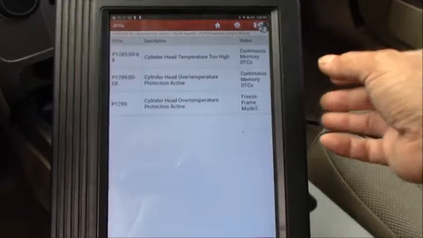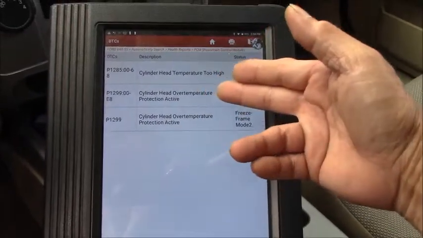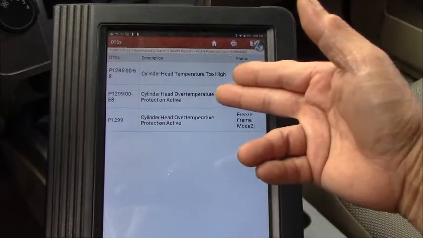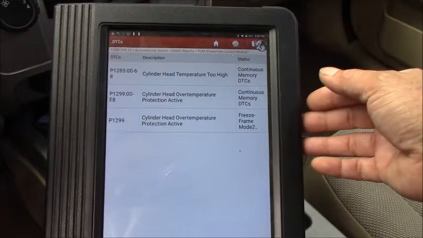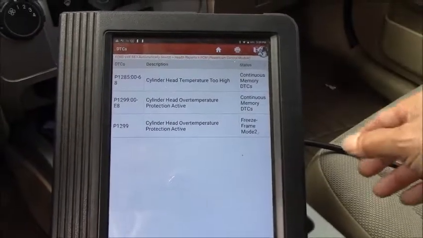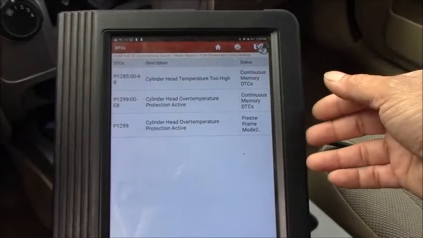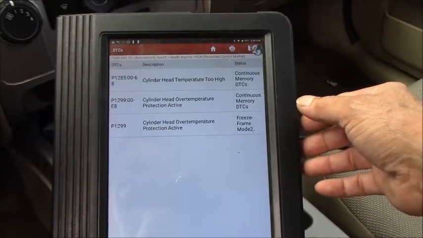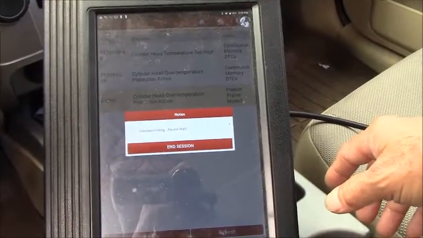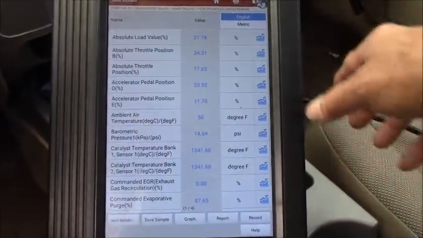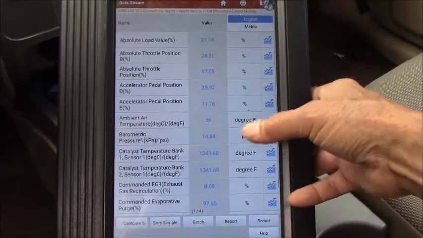Okay, what I would like to do here, I believe when the computer sets the protection, the software will shut down the engine. It doesn't let the driver drive anymore when the engine temperature is too high like this. Let me see when the computer sets the code. Okay, as you can see on page 1,